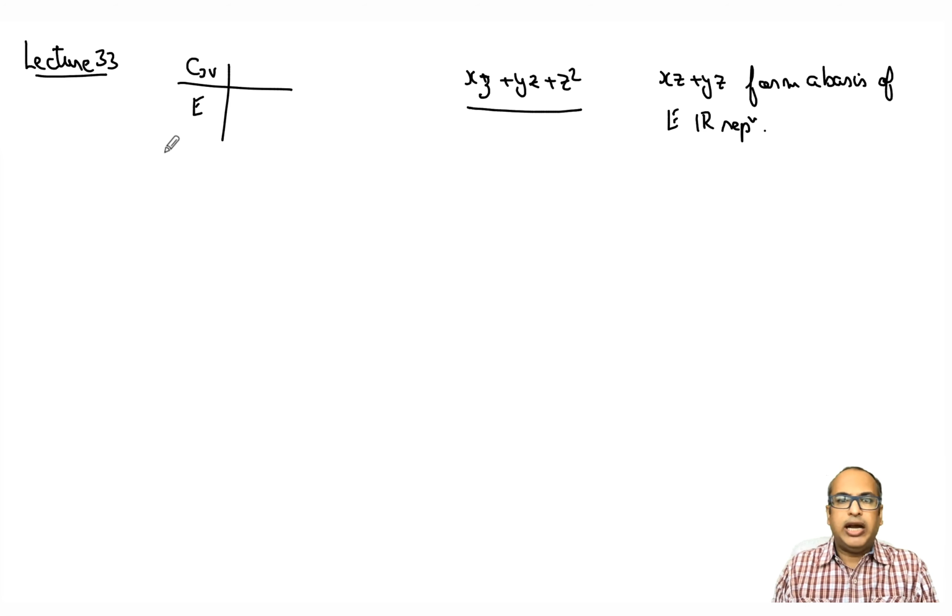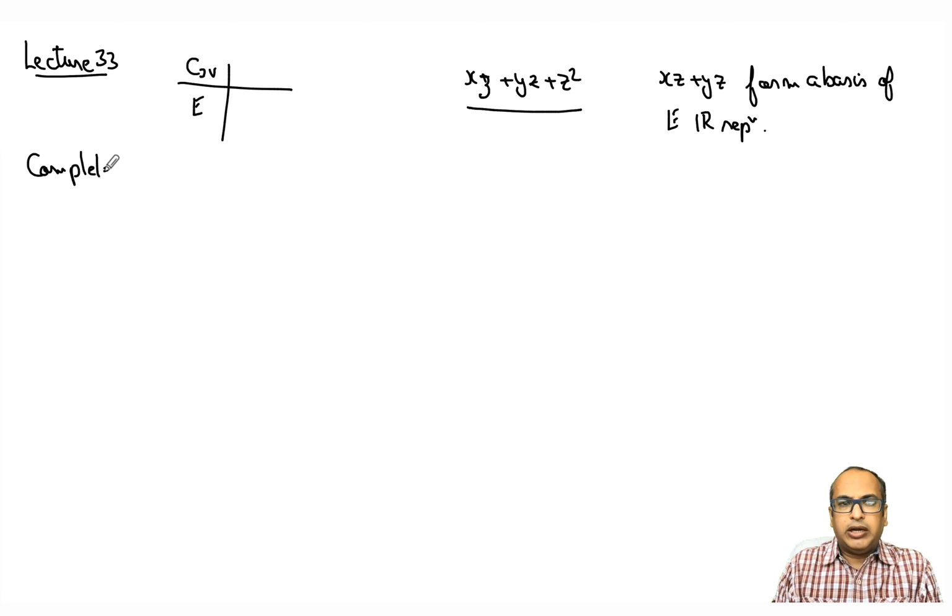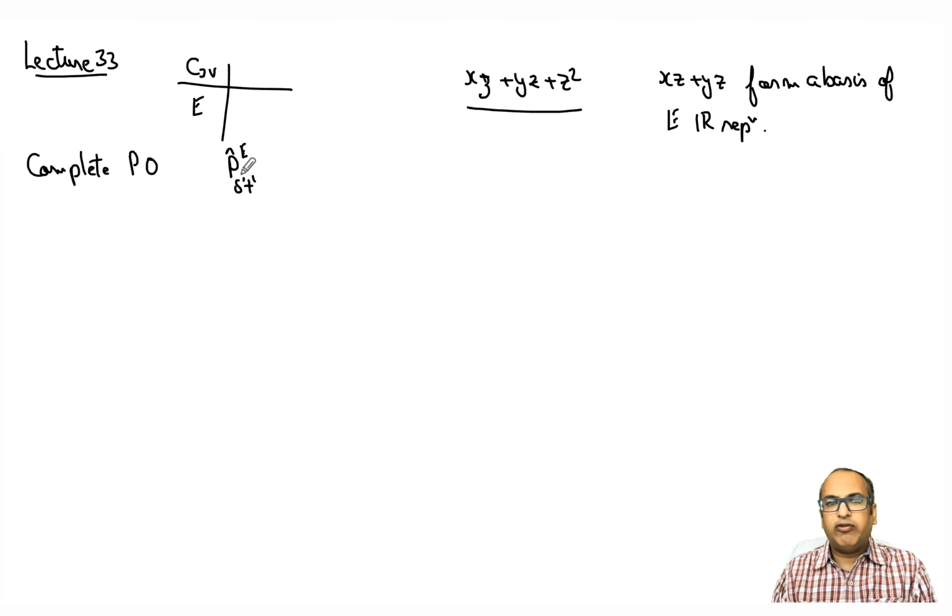This is what we saw, and in that case we considered the complete projection operator. So what was the complete projection operator? We calculated the projection operator for the E representation, and then we took out individual matrix elements, for example, matrix element 1, 2 and so on. So this was the projection operator which we applied. In general, if we write the complete projection operator, the formula stands like this.